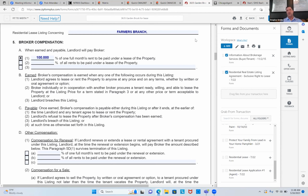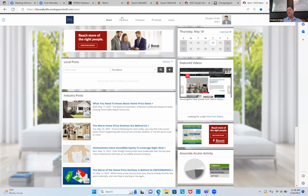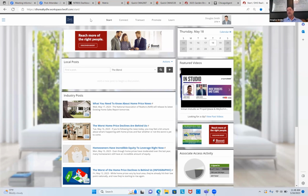That's completely up to you. You only pay $50 to the firm for leases. But that's basically the way it works. Now, let me go into back agent just for a second, because when you represent a landlord, you are going